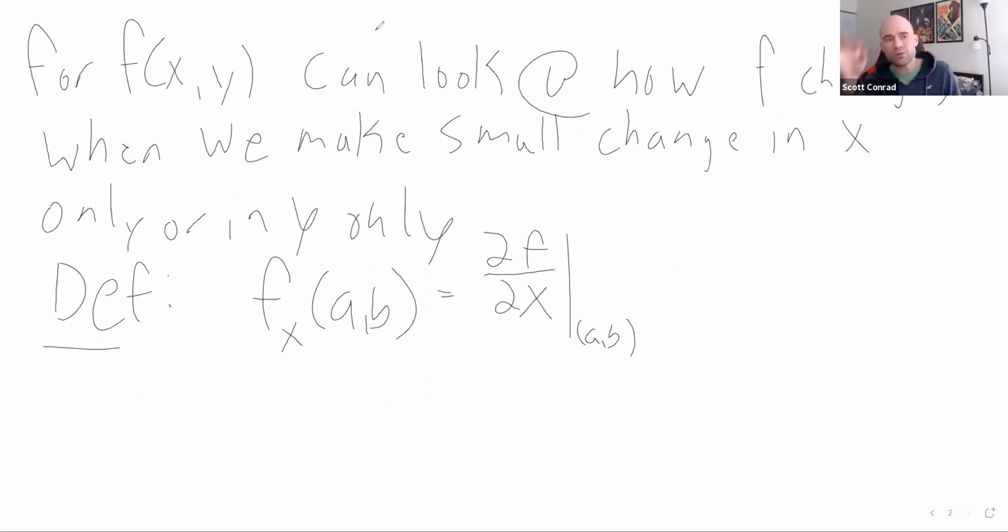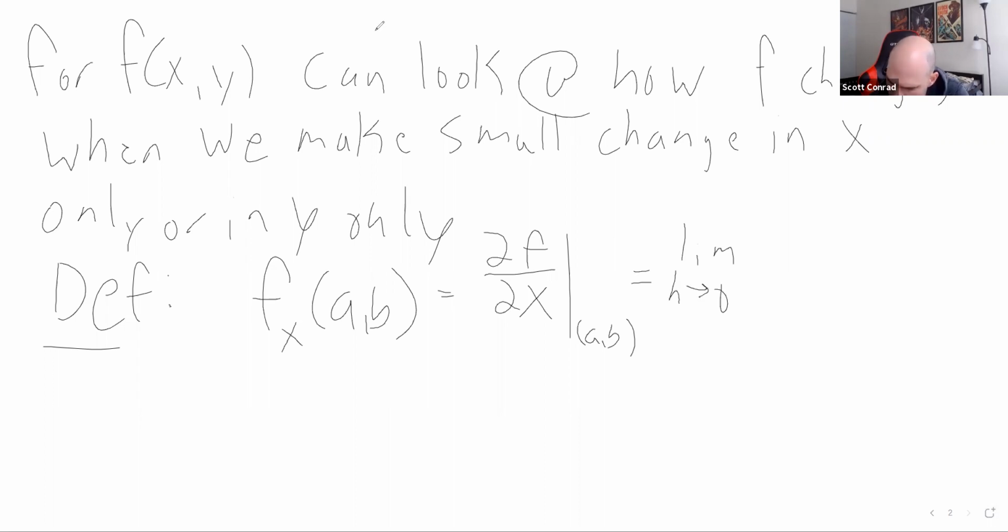We use these fancy d's for partial derivatives and the normal d's for regular derivatives. Partial derivatives implies you have more than one variable, but we'll cover that more later. Okay, so the partial derivative of f with respect to x at (a, b) is